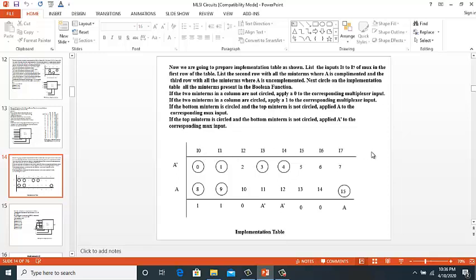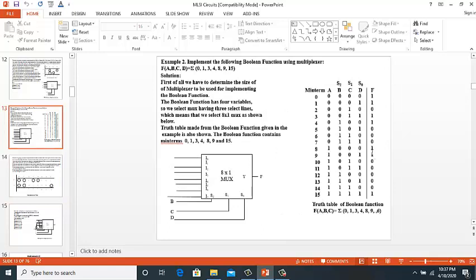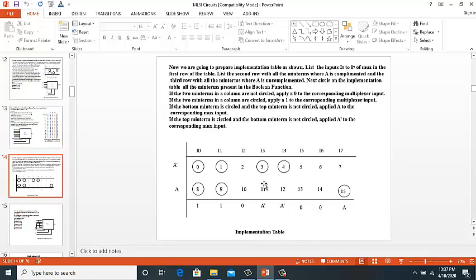So if you note, the multiplexer has inputs from I0 to I7, so we have put I0 to I7 in the first row. Then from the truth table we have seen that the minterms 0, 1, 2, 3, 4, 5, 6 and 7, all these minterms have A bar.